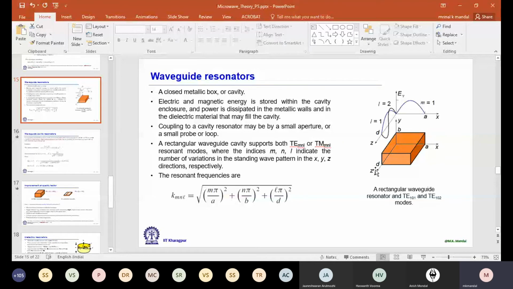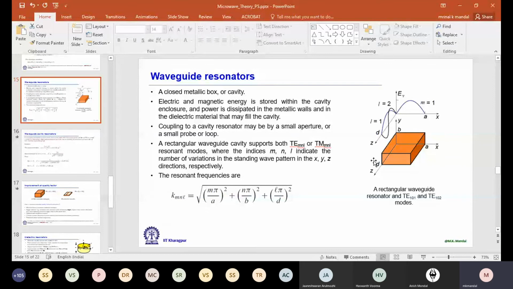So if I now plot the electric field distribution along x or along z, then we see a 0 at x equal to 0 and x equal to a for the fundamental mode, and along z the dimension is given as d, so at z equal to 0 and z equal to d the electric field will be 0. That is for the fundamental mode. Well, here we have a problem. It is not straightforward like lambda g by 2.